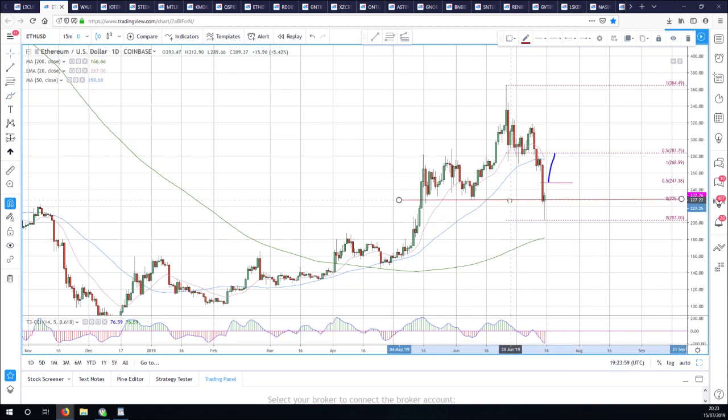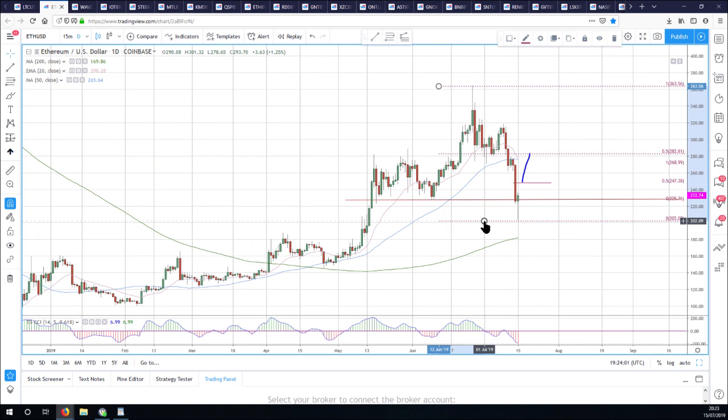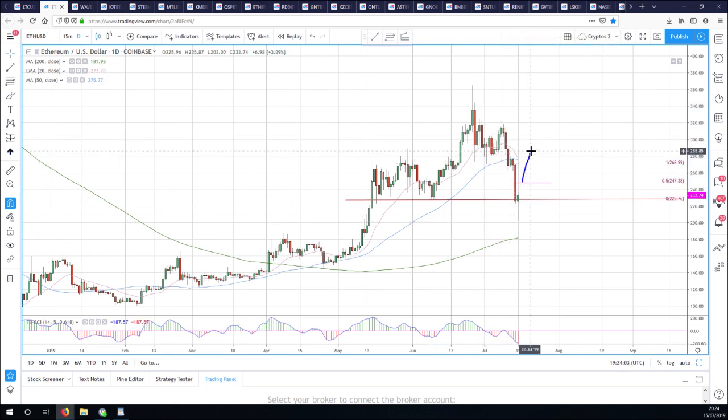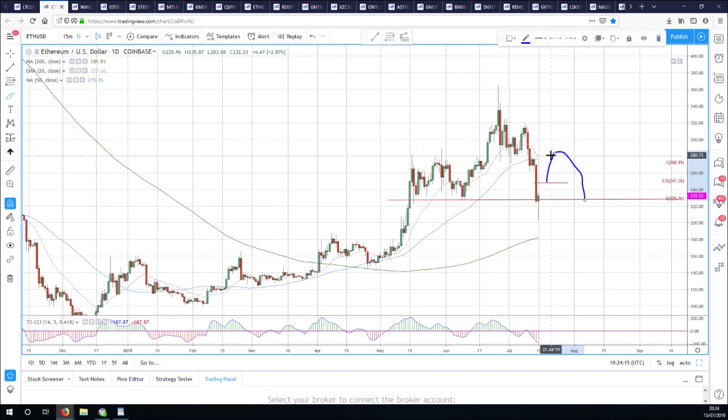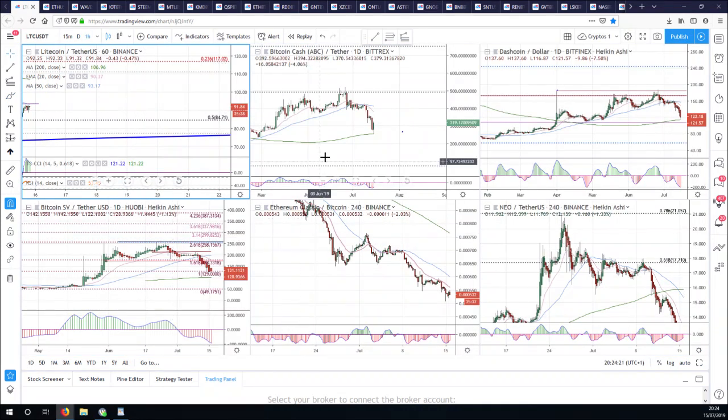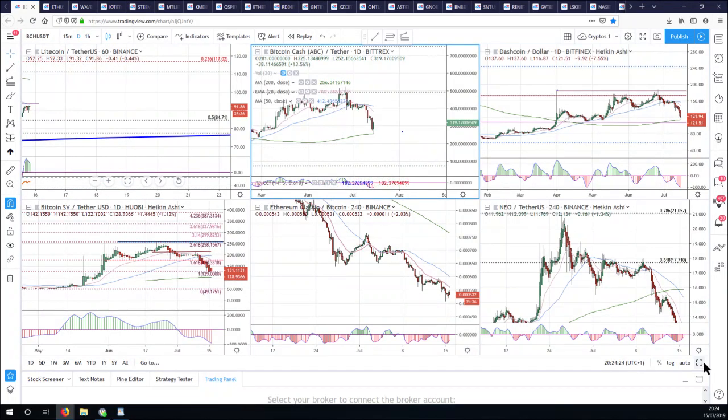I'm not calling the end of ETH or anything, but if we were going to build something like a big inverted head and shoulders pattern, then that's the kind of level and the kind of thing we'd be looking for. And then, something like that. So ETH 283.75 would be where our right shoulder would form if we are a bear. Now let's look at Bitcoin Cash and then Bitcoin Cash SV.